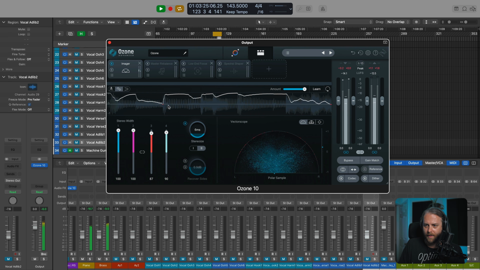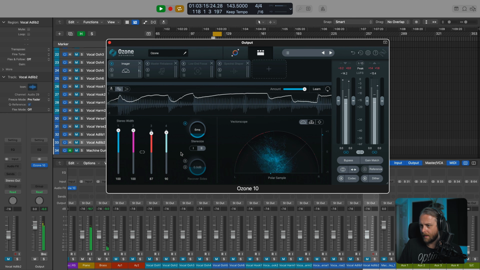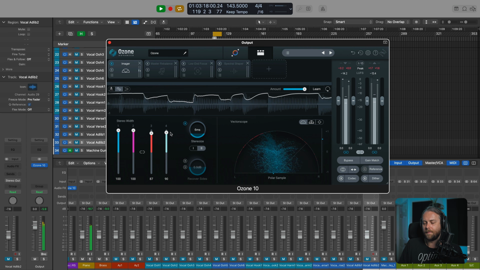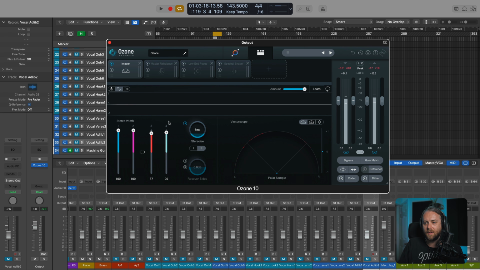See a little tip of red there? There it is too. So if we're trending too far to this -1, or if we're seeing red there on that trace, we could be causing phase problems for ourselves. So you want to just be aware of that. Now, that is a kind of quick run through of the imager.